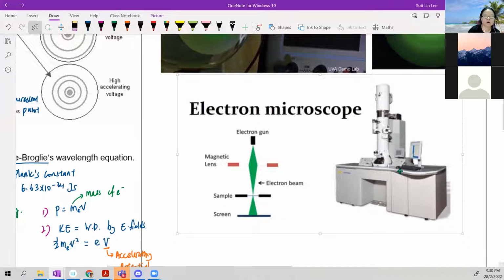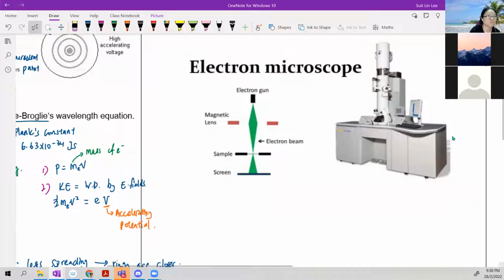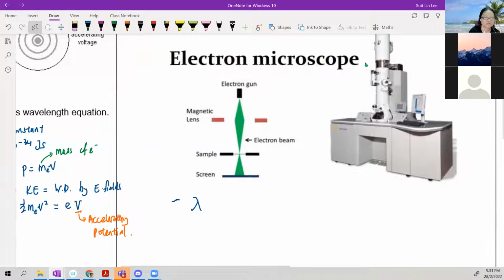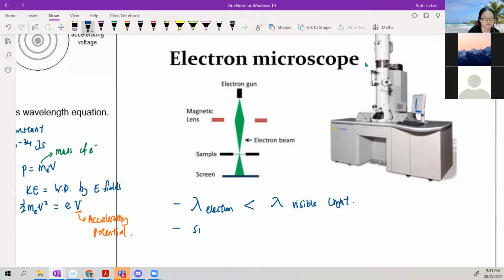And the main pro of an electron microscope is the higher resolution. You just need to explain why we like this. The wavelength of electron is less than the wavelength of visible light. Hence, since lambda must be more or less equal to the gap size for a good diffraction pattern,